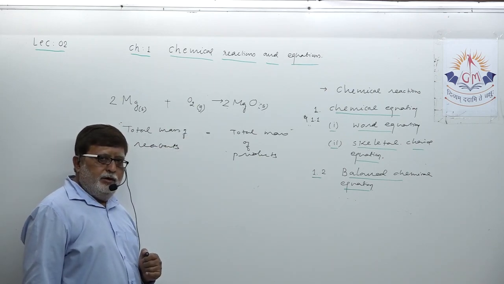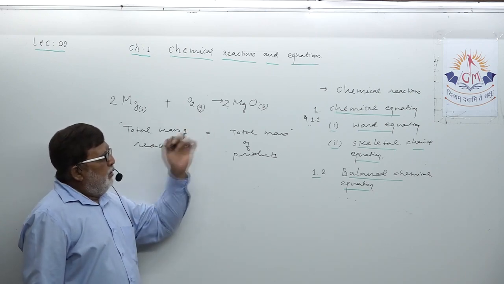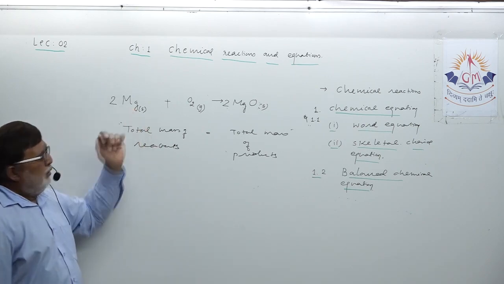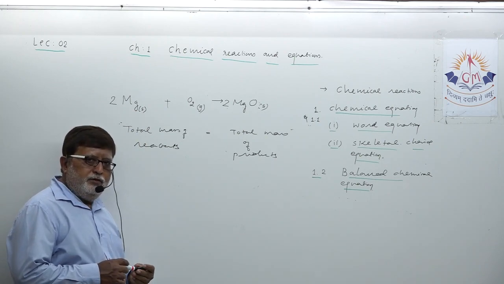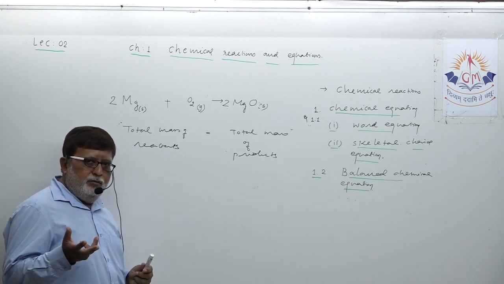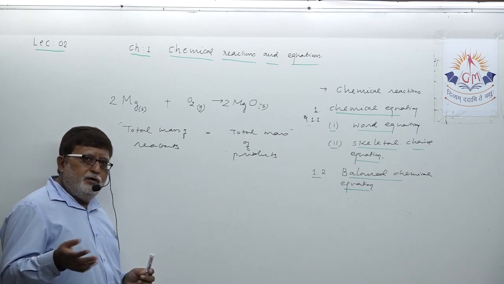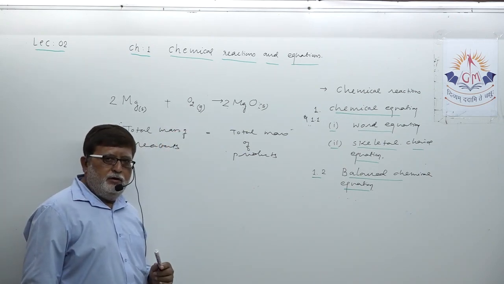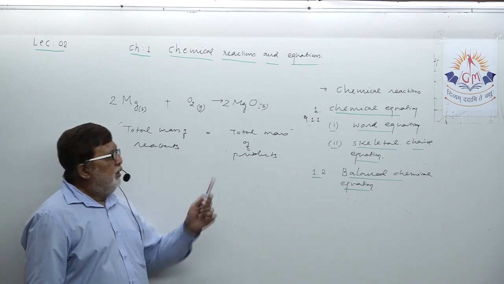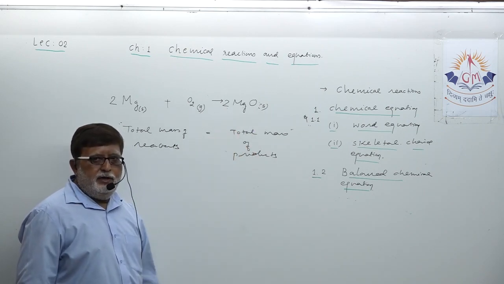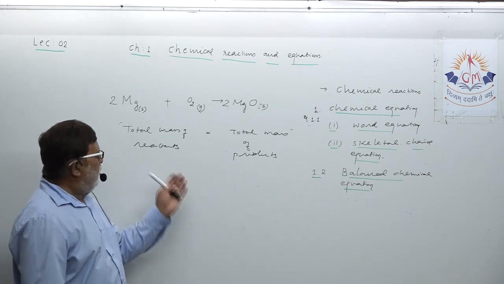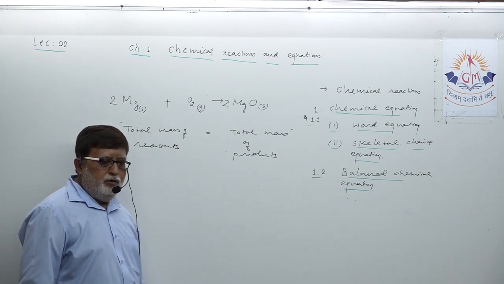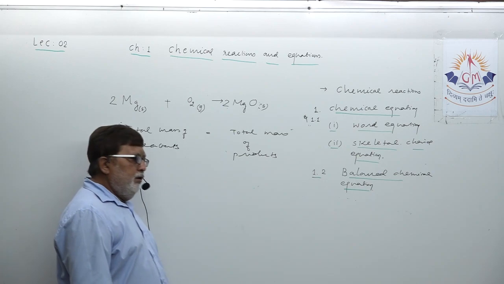You can justify here: you know the atomic mass of magnesium, you know the atomic mass of oxygen, so you can find the mass of magnesium oxide. Suppose magnesium, you must be knowing, is 12 by atomic number, just double it, tentatively 24. Put here oxygen, atomic mass you must be knowing 16, double it, then MgO, find it and multiply it by 2. You will get the total mass of reactant equal to the total mass of product on both sides. So dear student, try to understand.